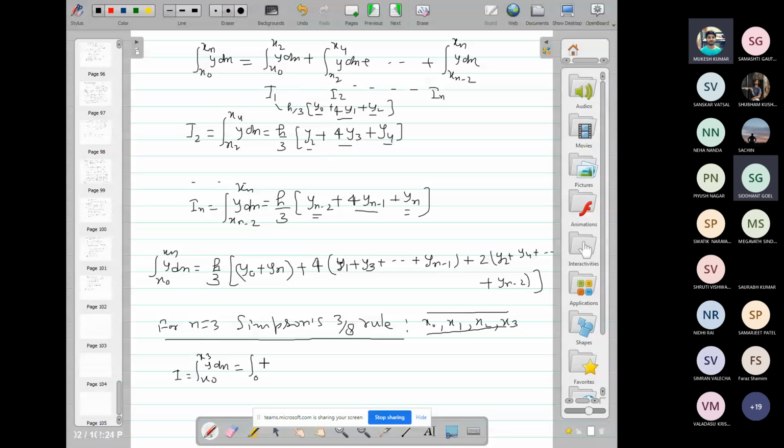the integral from 0 to 3 of y0 plus u del y0 plus u into u minus 1 by factorial 2 del 2y0 plus u into u minus 1 into u minus 2 by factorial 3 del 3y0, du, and here dx will be h du. We directly substitute n equal to 3, up to this third term. After simplification, we obtain the formula.